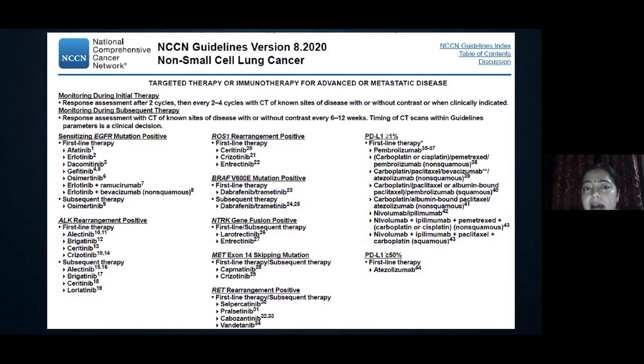I think that has been a challenge for all of us in India, more than probably the oncologists treating these patients abroad. But looking at the latest version of the NCCN guidelines, we can see there is a plethora of drug therapy available depending on what mutation or biomarker we are looking at. Especially, like I said, in the last year or so, there have been newer drugs available for MET exon 14 skipping mutation, NTRK gene fusions, and RET rearrangements. And we will, of course, hear more about BRAF V600E.